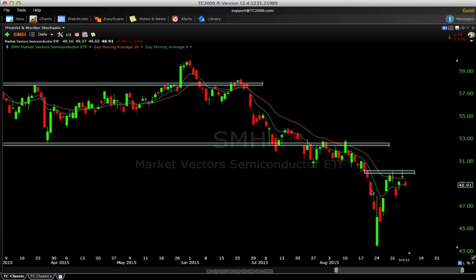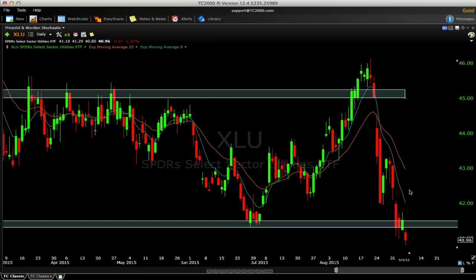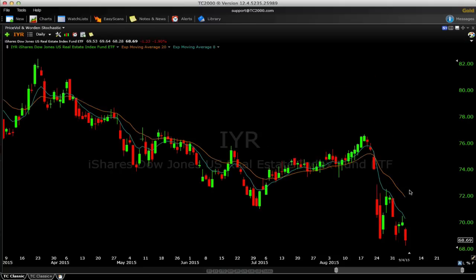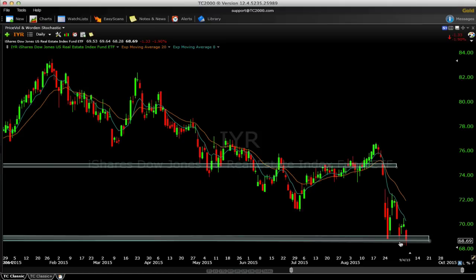And the semis are still hanging up there relative to the other markets. Look, it's in between these fast moving averages. It's starting to squeeze in. So I think the semiconductors is where there could potentially be a rotation to. That's what we are sort of gleaning from this information right now. So we'll have to see what happens. XLU and the IYR are still the very weak sectors. They are below last week's lows. So these rate sensitive sectors are still feeling some of that